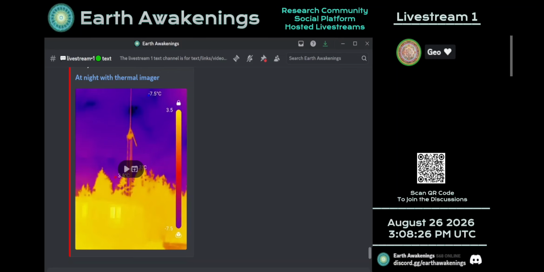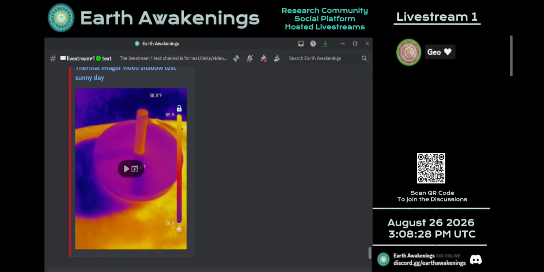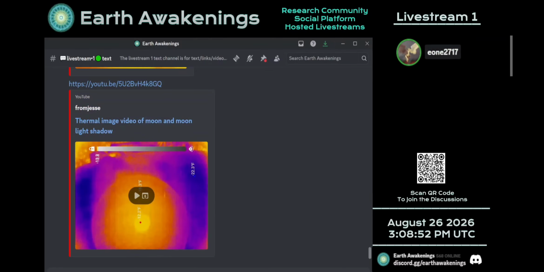They pretty much all got, from what I remember, anywhere from about 2 to 7 degrees colder in the moonlight than in the moon shade. They did it on a wide variety of different materials, and several of them were sharing their cameras as well. So that's just kind of an interest. I'm not saying that's 100% proof of the phenomenon or anything. I'm just saying that was done live on here, and several people did it at the same time. Ken did a video with a FLIR cam or some kind of thermal cam and showed it. So there are probably dozens of videos across YouTube showing this phenomenon.